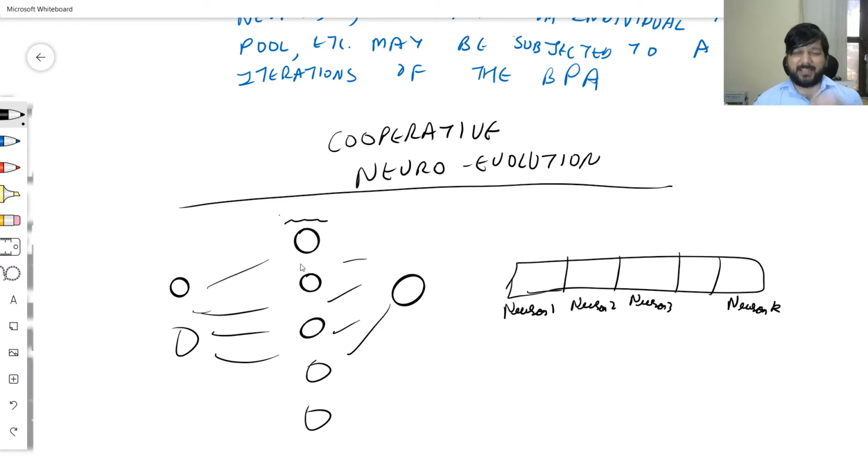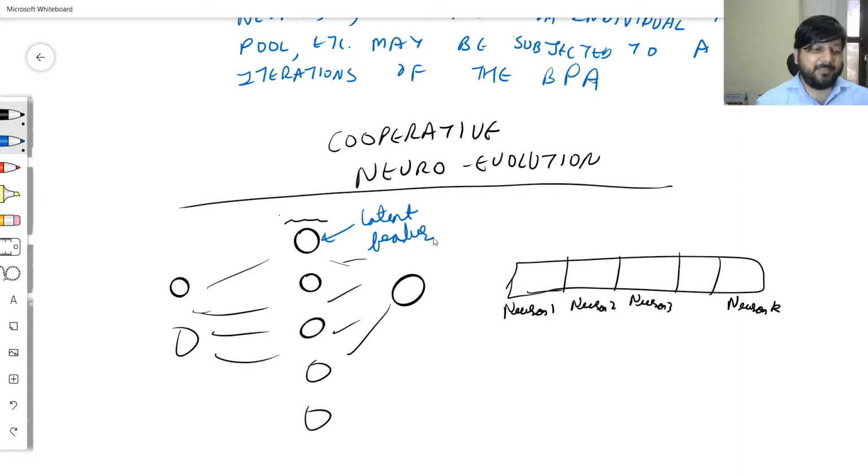So what the hidden layer does is it reprojects the input space into a new high dimensional space such that the new space is linearly separable and can be solved directly, and each one of them are what are called the latent features of the new space. So the hidden layer ultimately transforms the nonlinear input space to a latent feature space such that the problem is linearly solvable. So every neuron